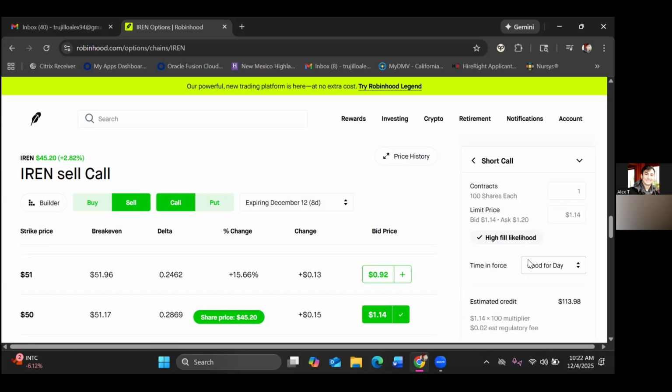And then if I happened to say, oh, I forgot, I got assigned at the $50 strike price, I would essentially have sold all my shares at $50 or something. You'll sell your leap to collateral. So you'll get paid whatever the 50 strike pays out in the leap, plus the premium you collect here. Okay. Gotcha.